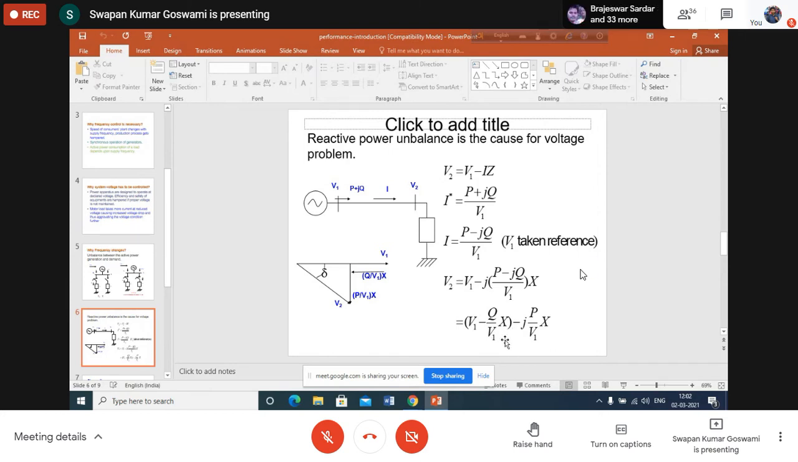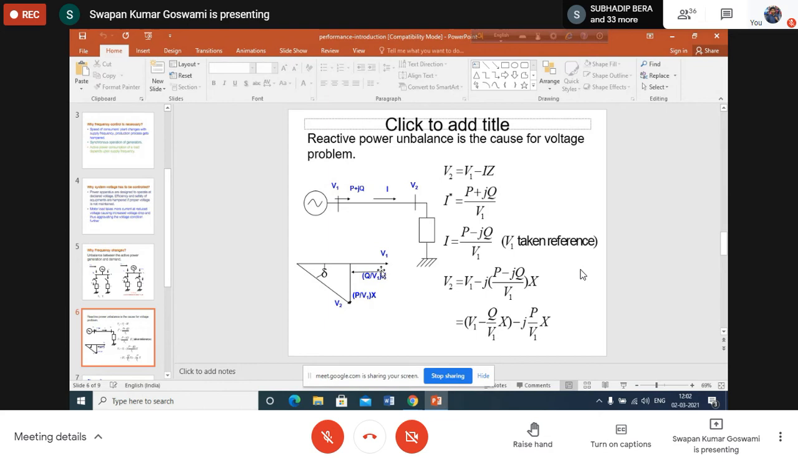Now you see what happens if P is changed. Let us assume that we are delivering a certain amount of power. Now, for some reason, keeping the reactive power the same, I want to deliver more active power to the load. This type of situation may arise. So if you want to deliver more P, more active power,